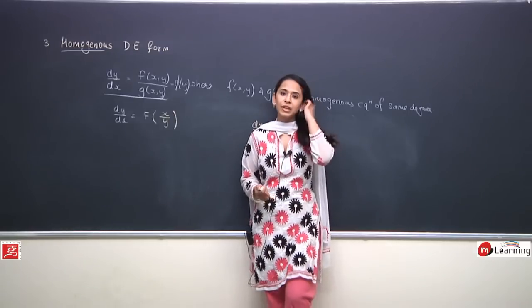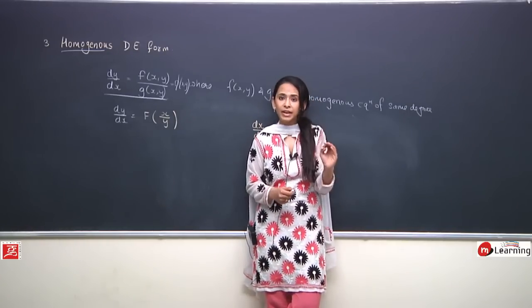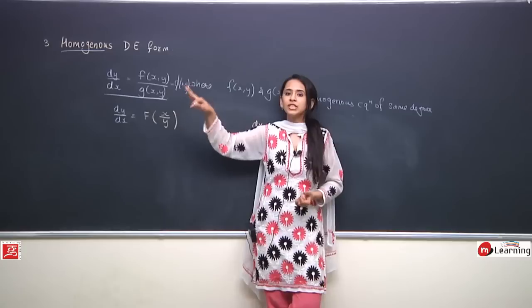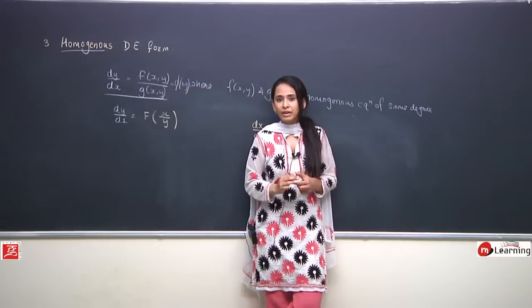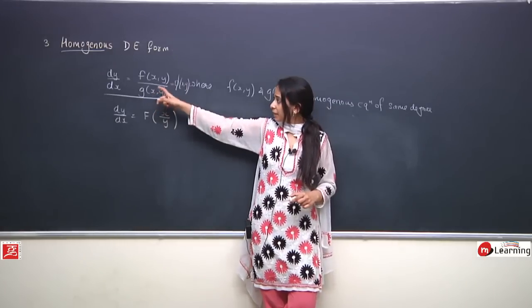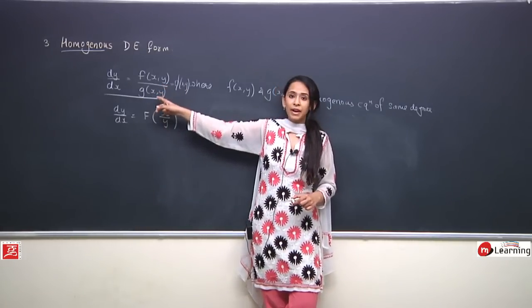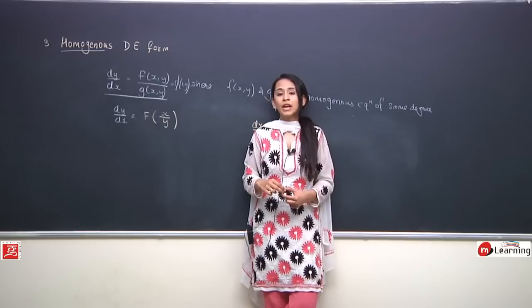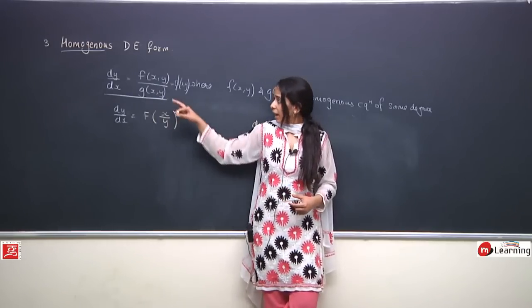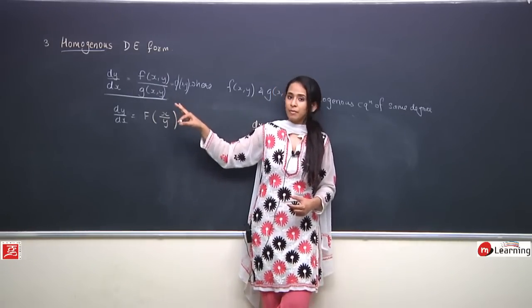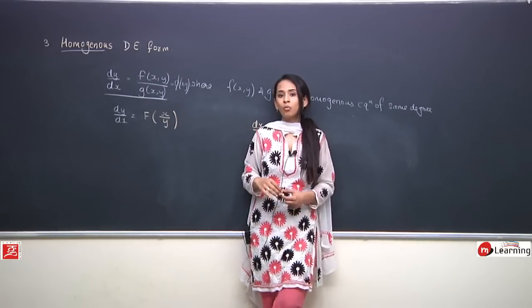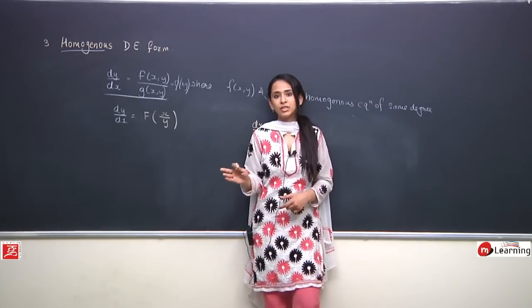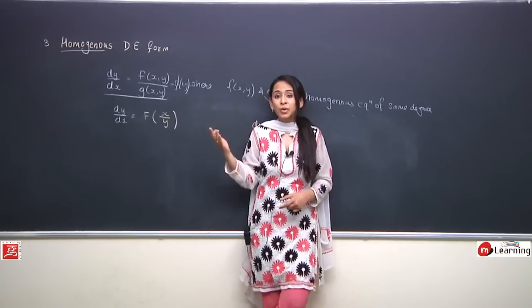So homogeneous differential equation को सबसे पहले identify करने का तरीका सबको समझ में आ गया. We have to identify that this equation is a homogeneous differential equation, and the way to identify is that f of tx ty upon g of tx ty is equals to f of xy upon g of xy. अगर इस तरह की कोई equation मिल गई हमें, तो what we will say that this is a homogeneous differential equation. Now once we have identified that the equation is a homogeneous differential equation, the next question is how to